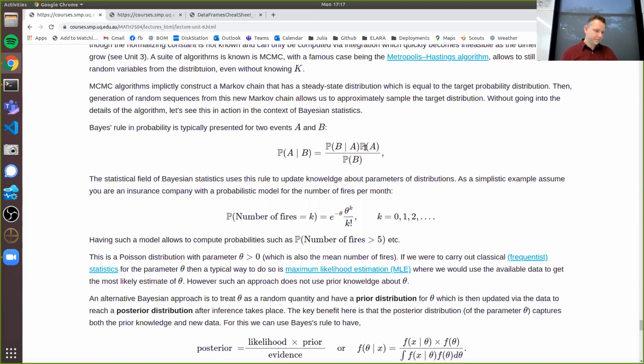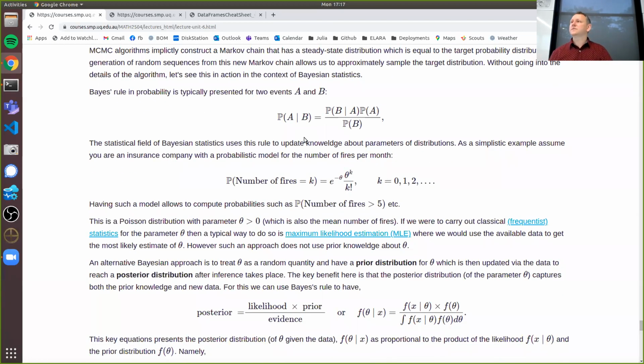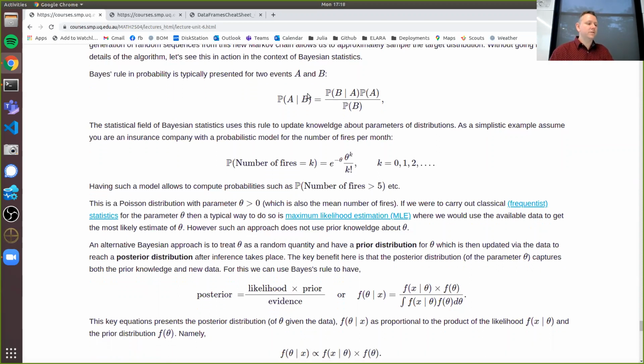Okay. So this is Bayes' rule. You can derive this relatively straightforwardly from just what the definitions of conditional probabilities are. Okay. But what this is useful for is if we had